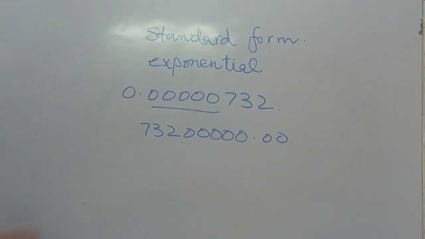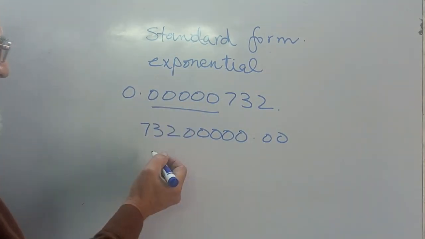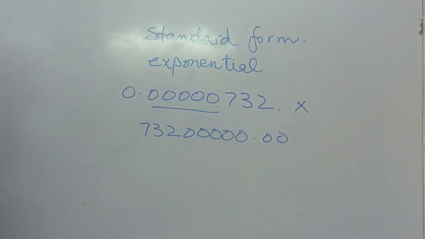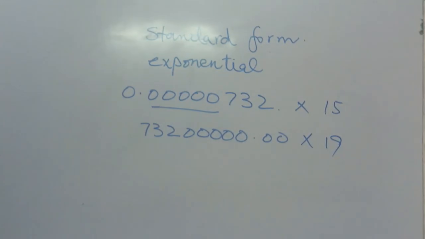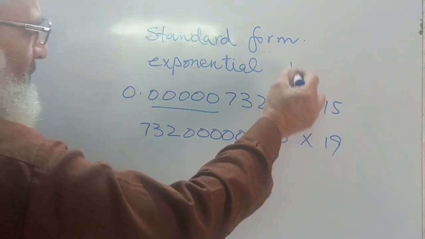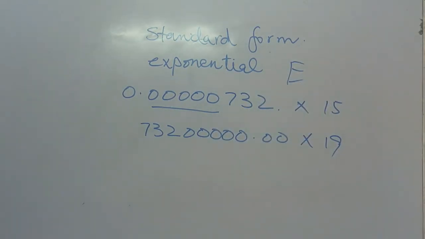If I multiply this number with another number, let us say I multiply this with 15, or with 19, it is very difficult to carry out. Sometimes my calculator won't work and it will give a big E on the screen. To overcome this sort of situation, what we do is